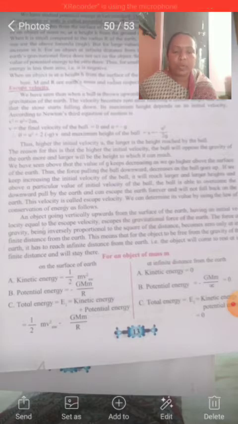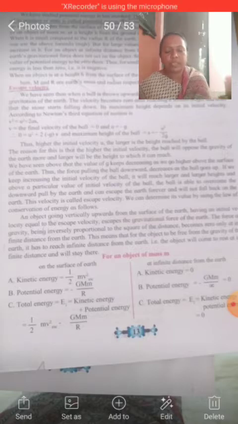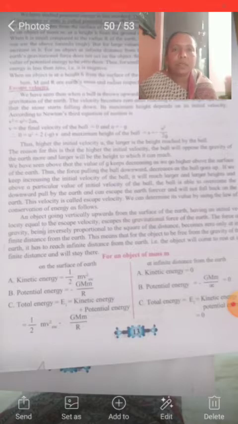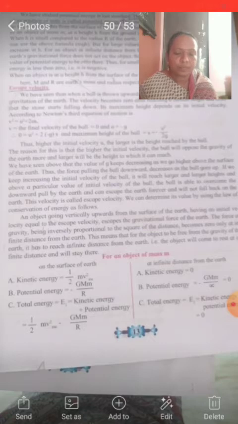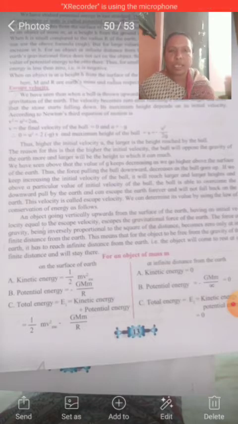You know that when we keep increasing the initial velocity again and again, at a certain point the ball obtains such a velocity that it can escape the earth's gravitational force effect, and it can go out of this region and never comes back towards the earth. This velocity is called the escape velocity. It means this is the velocity which is used by the ball to escape from the earth's gravitational force area. We can determine its value by using the law of conservation of energy as follows.